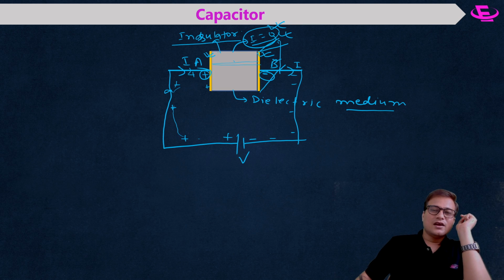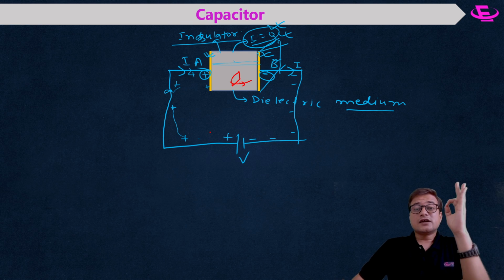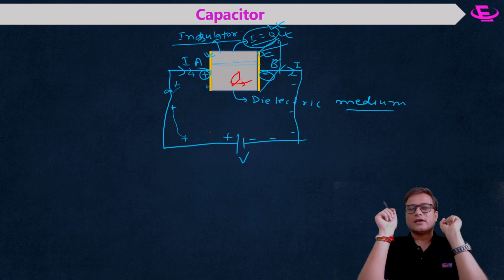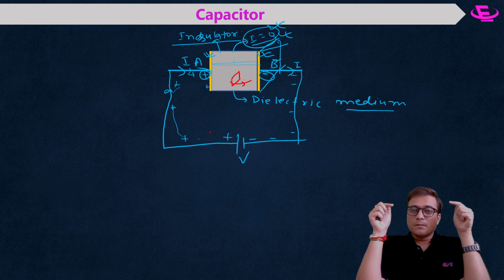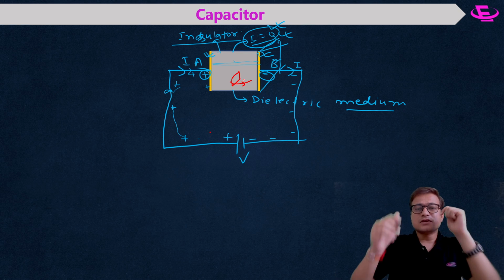So what Maxwell did, he took one magnetic needle and placed the magnetic needle here, and he switched on the supply. What he observed was that there is deflection in the magnetic needle for some time, at the starting. Again the needle stops. So what he thought, if there is deflection in the magnetic needle, it means there is a magnetic field.